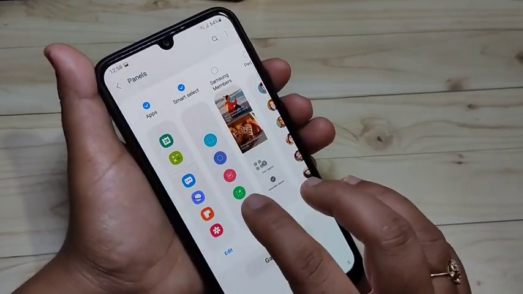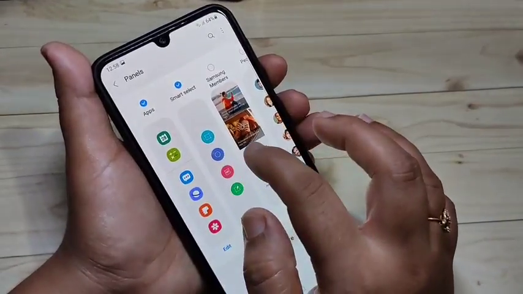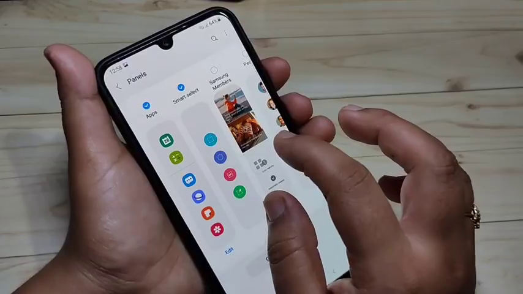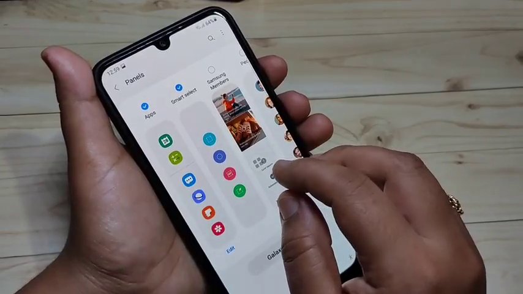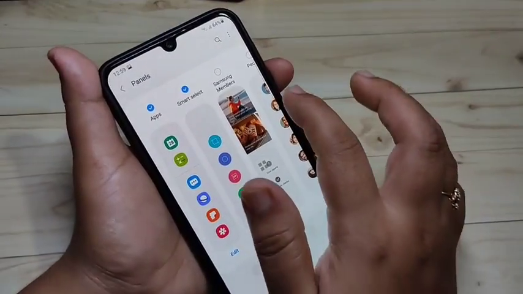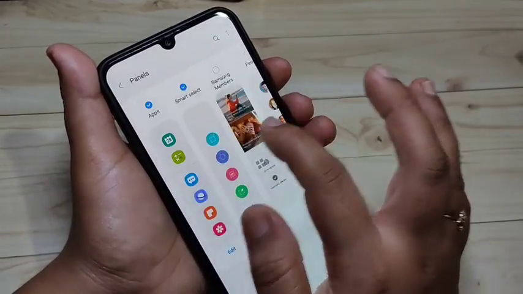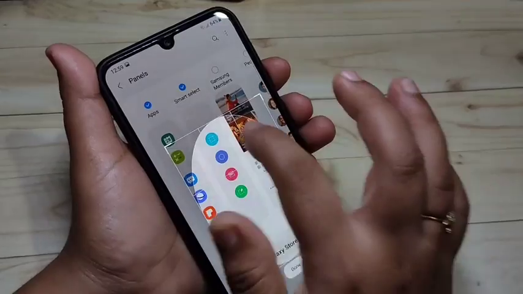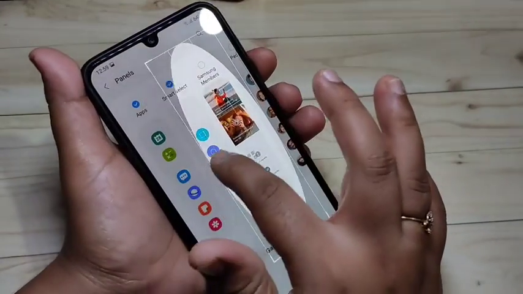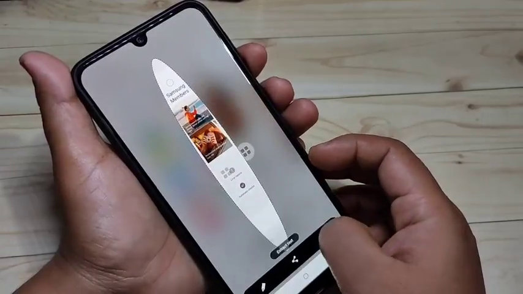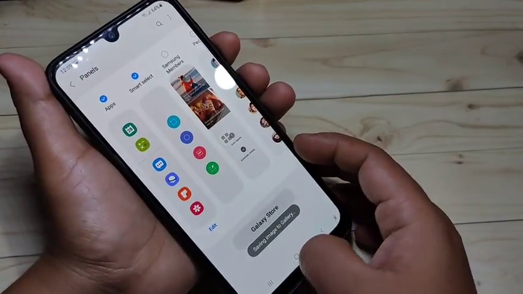Here I added two options, and in these two options you can see rectangle and oval shape. You can take a partial screenshot using this one. You can take a partial screenshot of this one. Just go to the edge panel and tap on, if you want to take a circle shape, then tap on oval. Then just adjust or resize this one. Okay, after that tap on done, then tap on download button. You can see saving image to gallery.